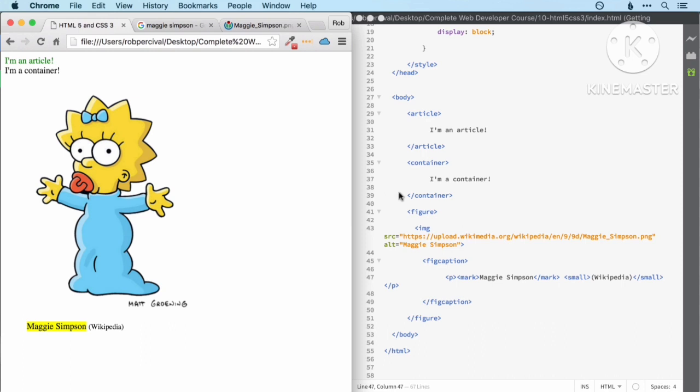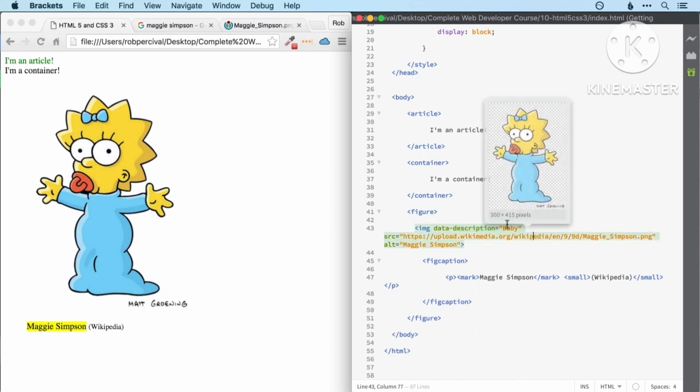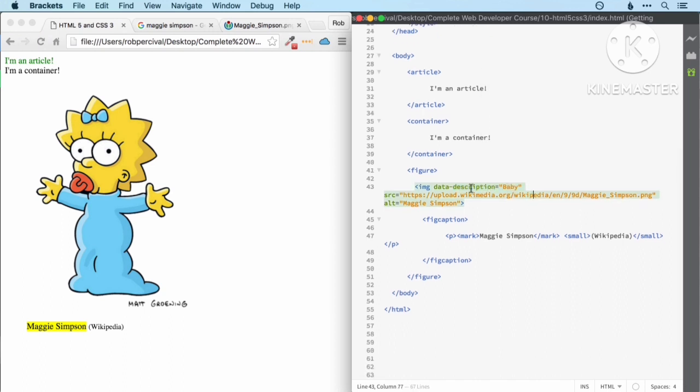We've seen this next one before, particularly in the mobile app section, but we can now add data attributes with anything we like. So I might want to add data-description and then use baby or something like that. This will be perfectly valid HTML, and I can put whatever word I like in there. And then if I want to access that and get the value of that tag at some point, I can do that easily with JavaScript,